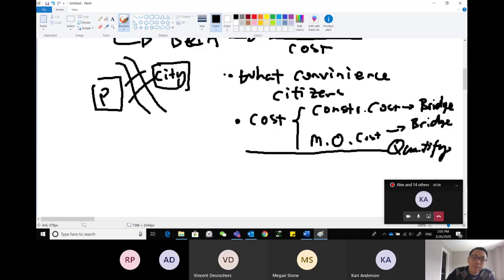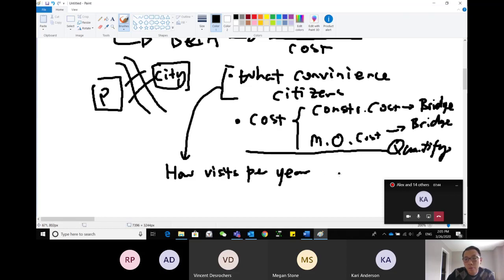The challenging part is the social benefits. Sometimes it's very hard to quantify. In this case, we can quantify it as, for example, how many visits per year. Compared with before, if there is an increase in visits, that's considered the first social benefit. The second social benefit from building the bridge will probably be the reduced cost